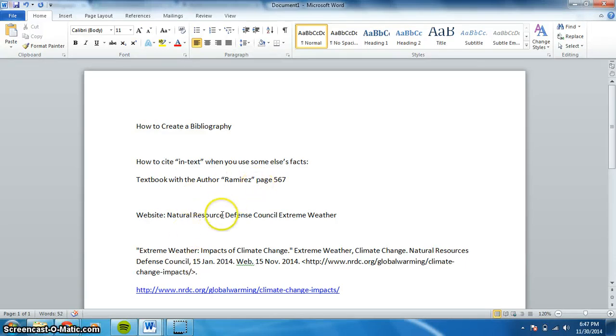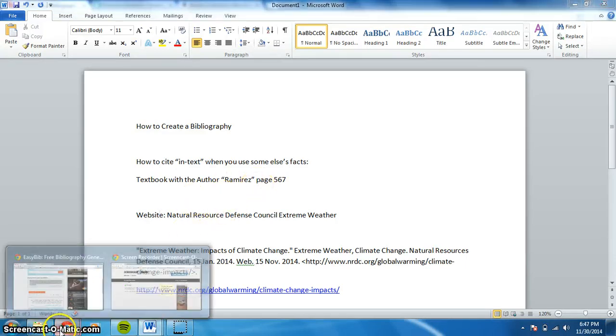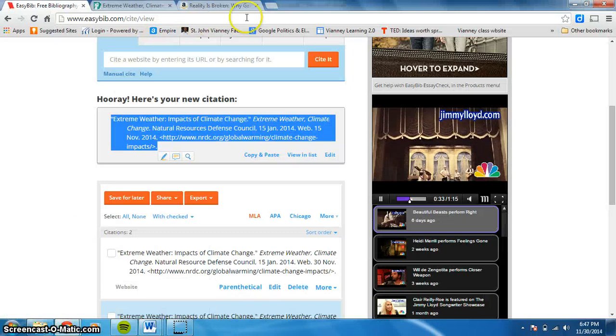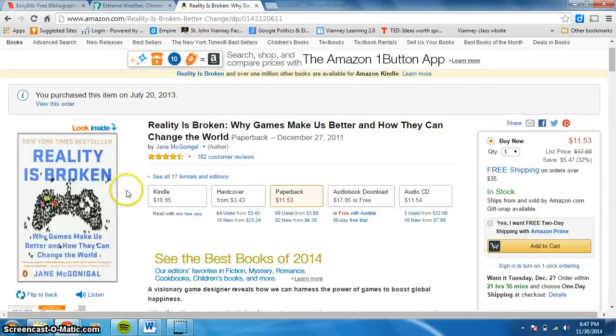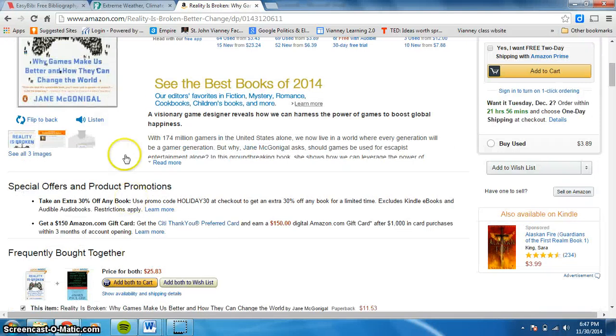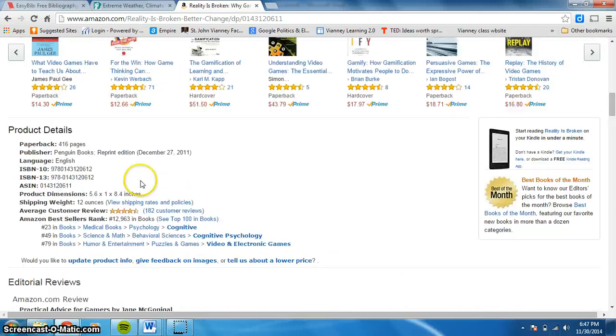Let's do a book this time. I don't have the book in front of me, but I was able to find it on a website. So this is the same book that I used the other day, Reality is Broken, Why Games Make Us Better, and How We Can Change the World. If I go to the website Amazon.com and find the book, I can actually find the URL, but you will just need the URL. So if you have the book in front of you, you can grab the URL, copy,